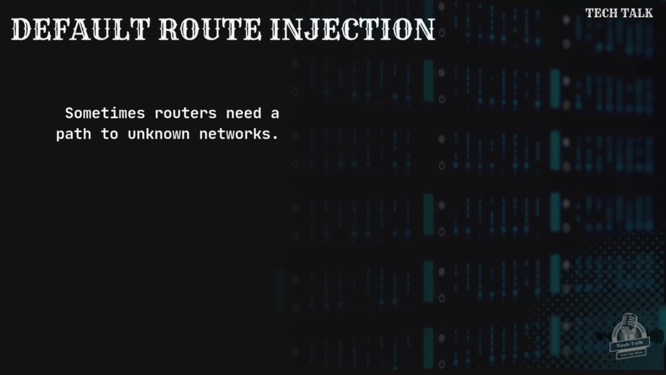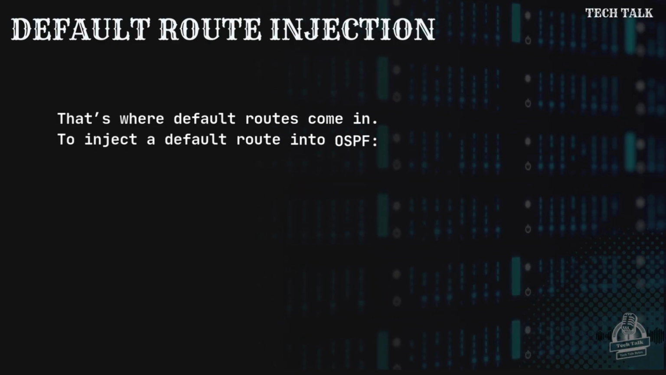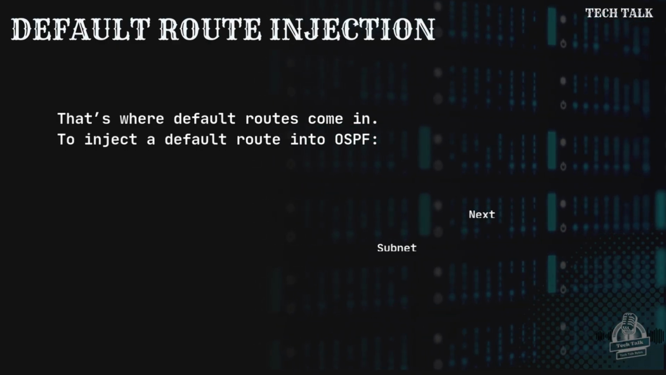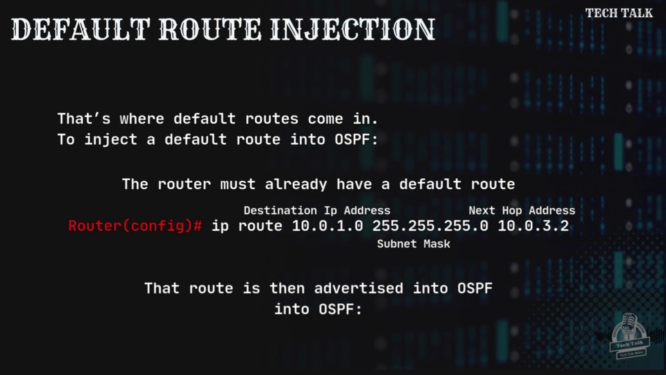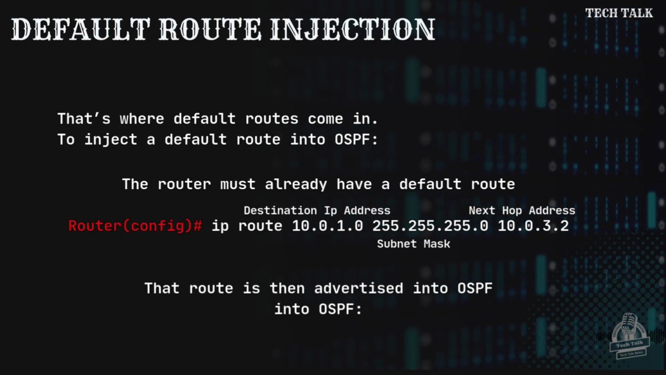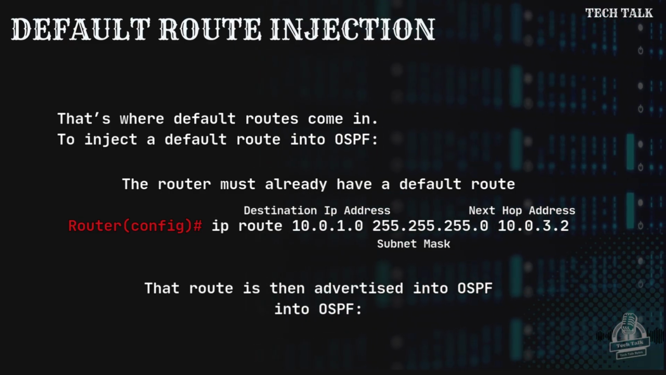Sometimes routers need a path to unknown networks. That's where default routes come in. To inject a default route into OSPF, the router must already have a default route. To set a default route, you go to Global Config, and then the command is ip route